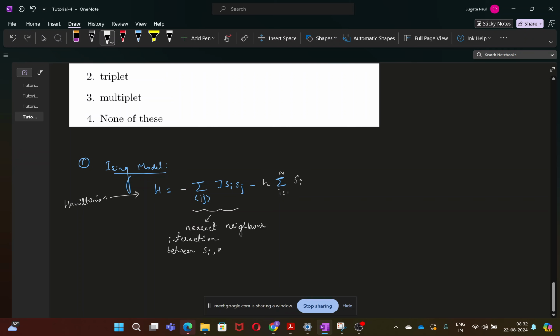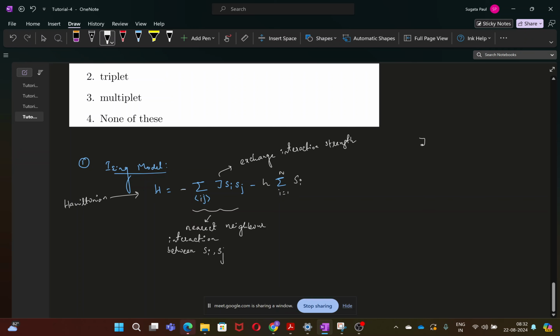Sum over all those terms. This J is the exchange interaction strength of the spins. This denotes the strength of the exchange interaction that happens between these nearest neighbor spins, so we call it exchange interaction strength,